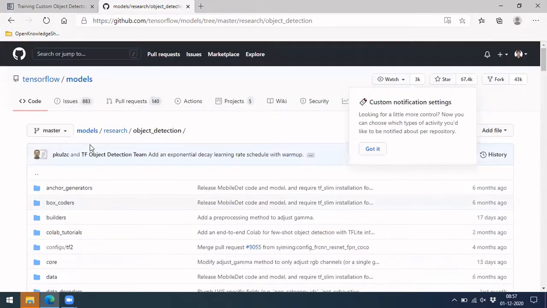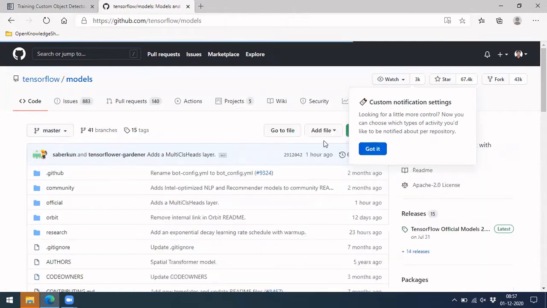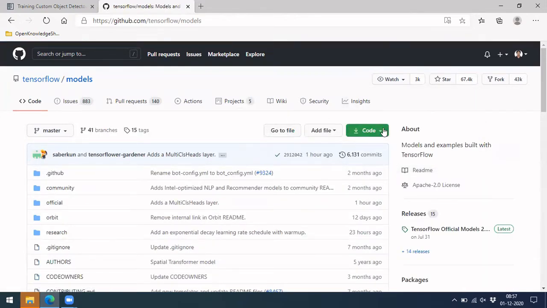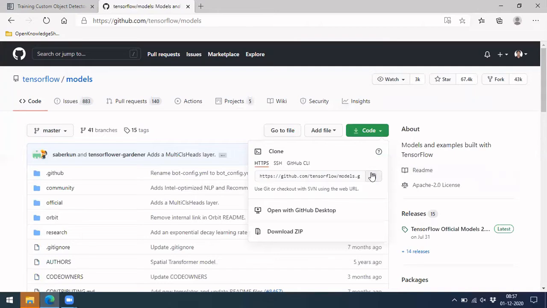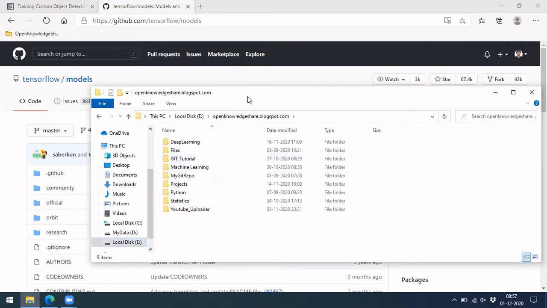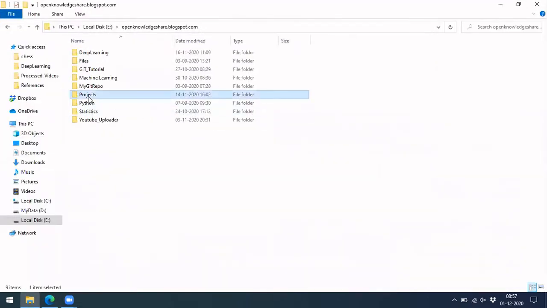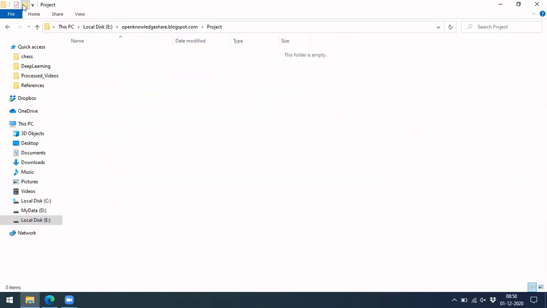What you should be doing is cloning the entire Git repository by going to models and clicking on Code. You get a small pop-up where you can copy the link. Go to the place where you want to save the project. Let me create a project folder, and you can keep a project name, or as of now maybe TensorFlow object detection.